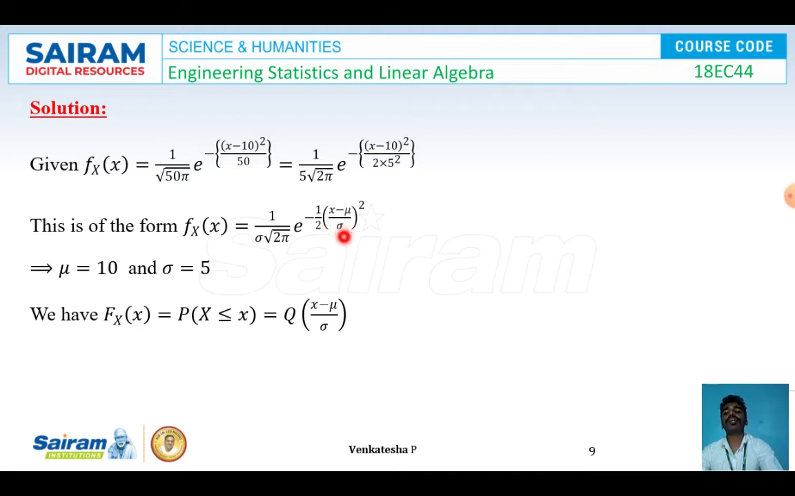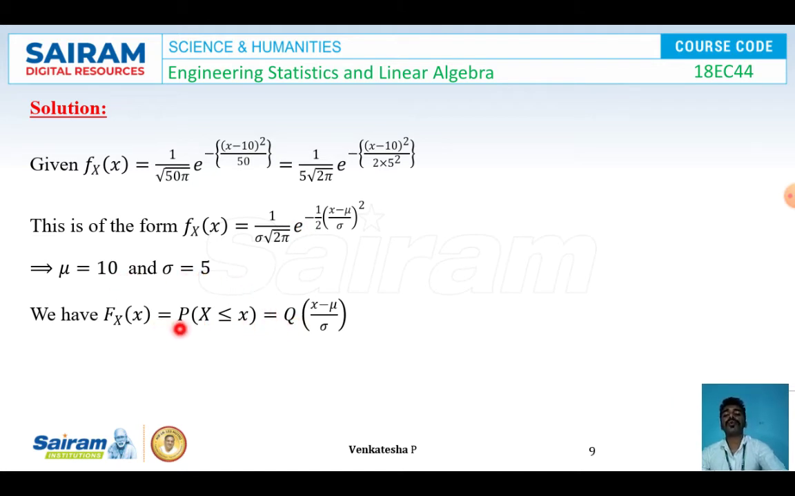This form I'm representing to find the value of mean and variance, because to find the Q function, we must have the value of mu as well as the value of variance. So by comparing these two expressions, we can say sigma is equal to 5 and mu is equal to 10. So I'm going to replace this mu and sigma value in the Q function formula,